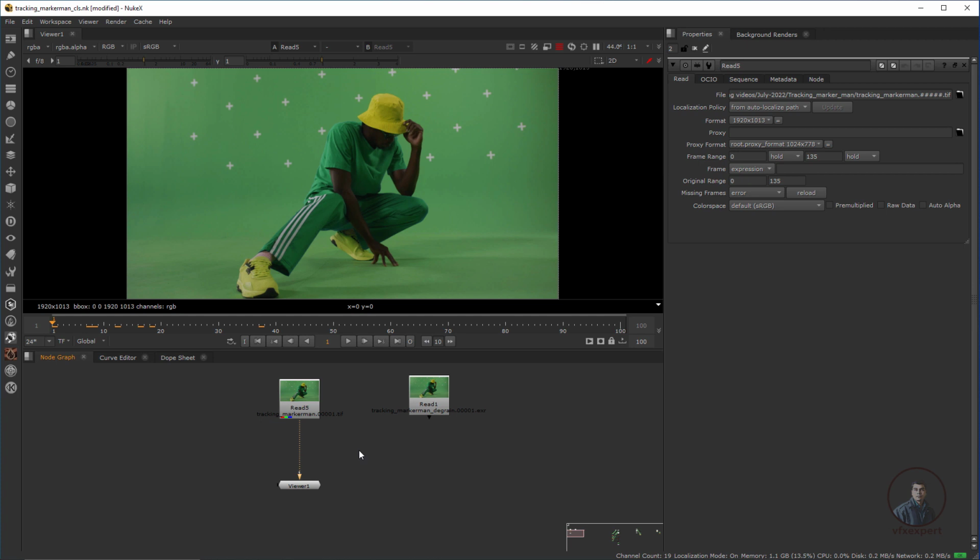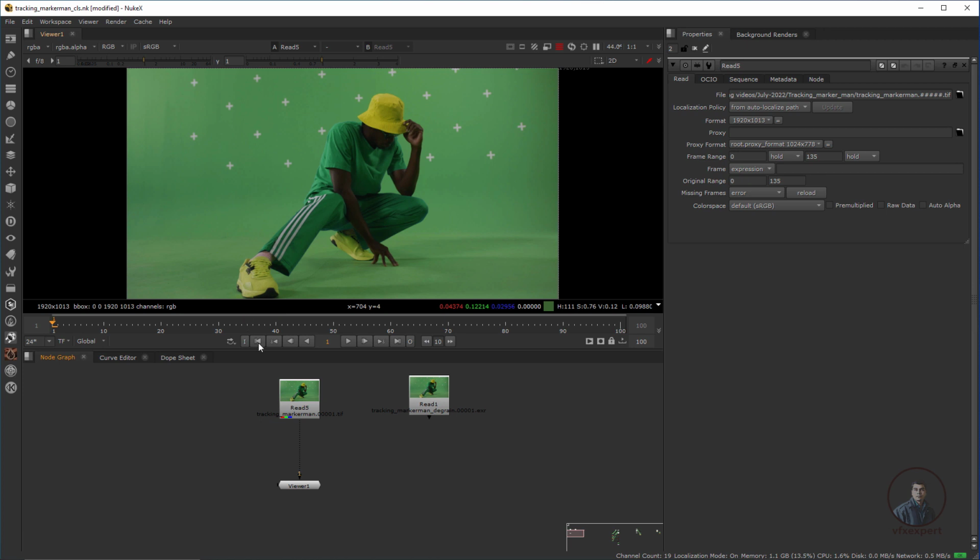So guys, in today's class we are going to see how to use PXF filler inside Nuke. Here we will show you different examples where you can use PXF filler inside Nuke. Before starting your work, first you have to install this PXF filler inside Nuke. I have already created a video on how to install it, and I have given the link in the description.